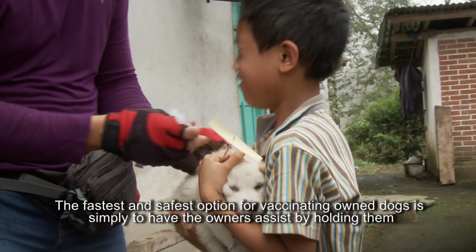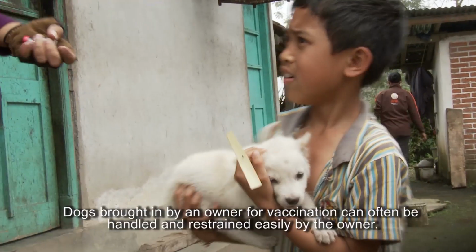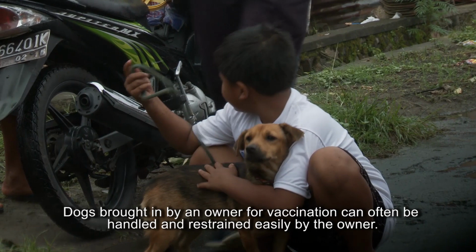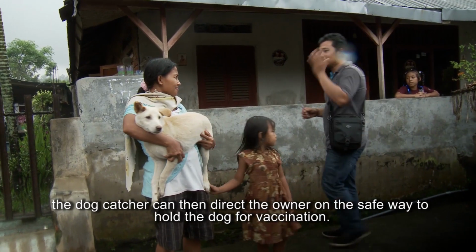The fastest and safest option for vaccinating owned dogs is simply to have the owners assist by holding them, or to bring their dogs to the vaccination team. Dogs brought in by an owner for vaccination can often be handled and restrained easily by the owner. Firstly, ask the owners if the dog can be held. If they are willing, the dog catcher can then direct the owner on the safe way to hold the dog